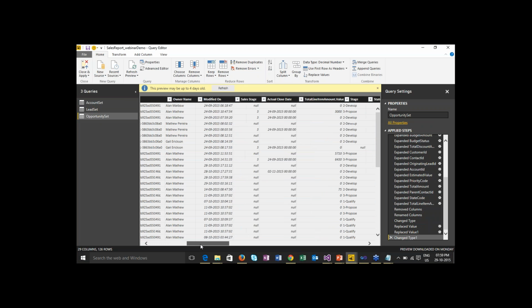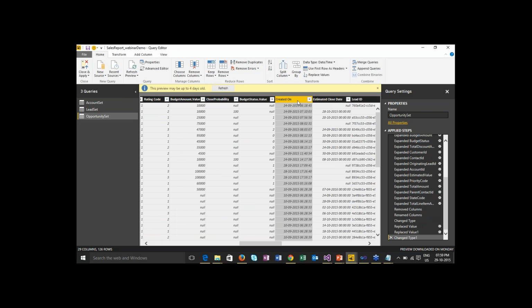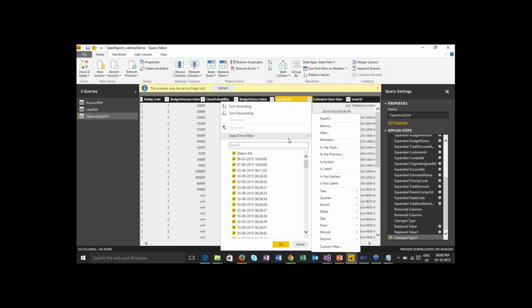Suppose I want to check what is the first created or the latest created opportunity, I just need to click on the arrow. In the date and time filters option, I have six new